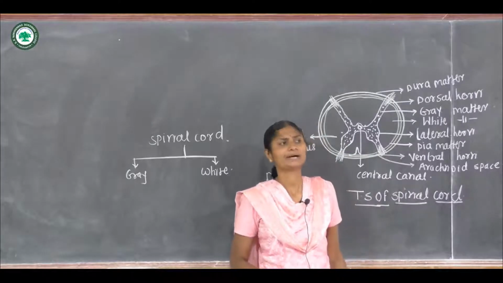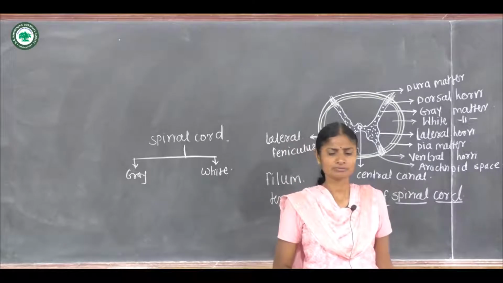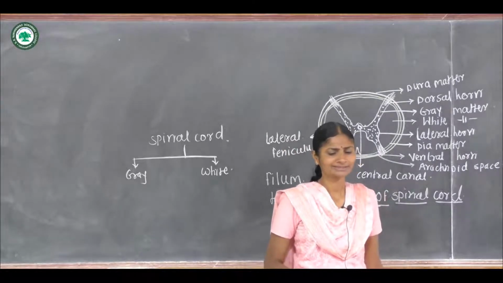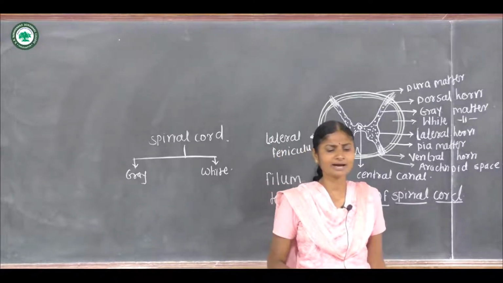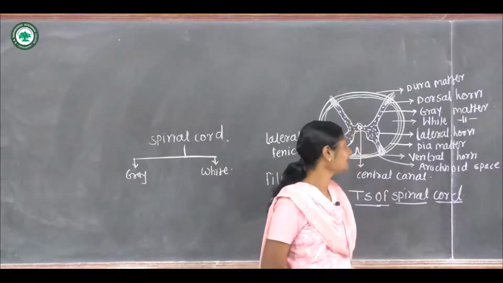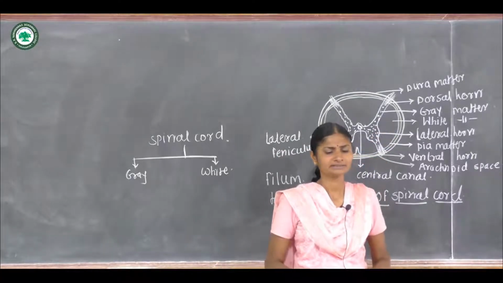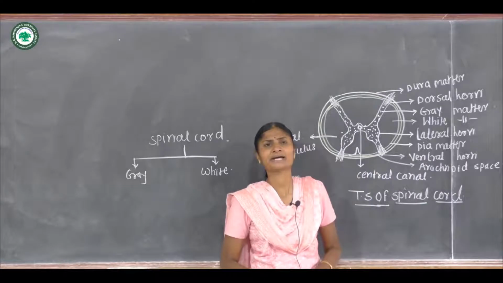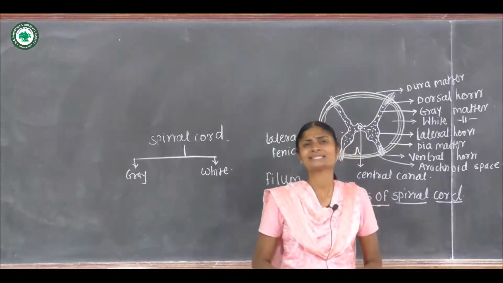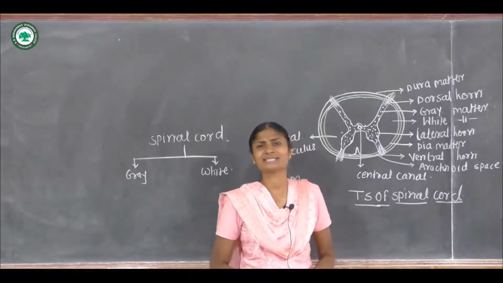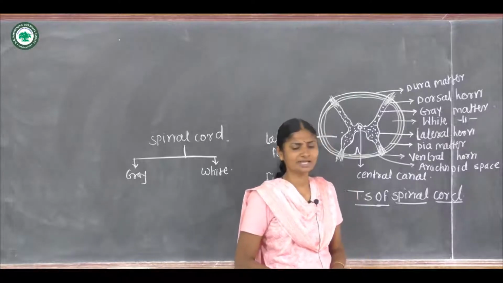Microscopically, this spinal cord is divided into two parts, grey matter and white matter. The grey matter is present in the central part, and this central part is surrounded by the white matter, and this white matter is again surrounded by pia mater. Grey matter occupies the central part where it is arranged somewhat in the form of the English letter H,